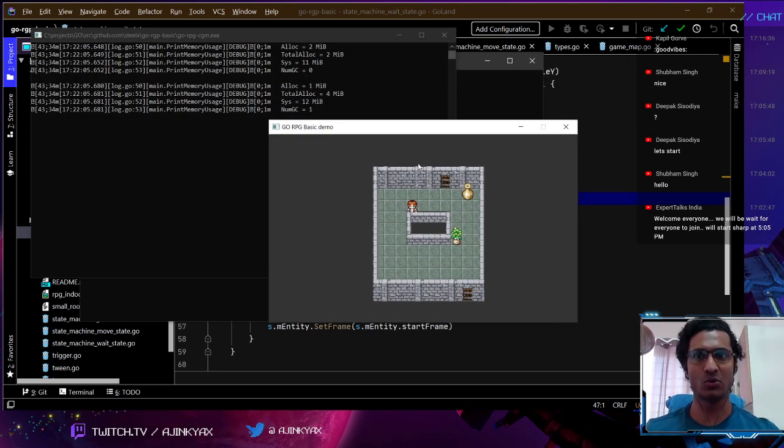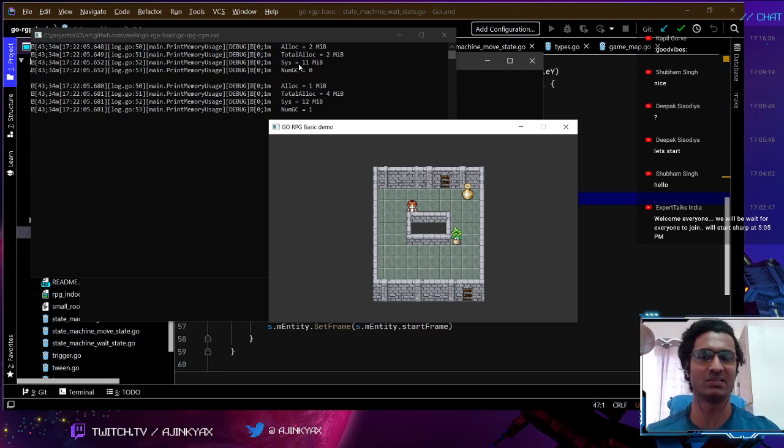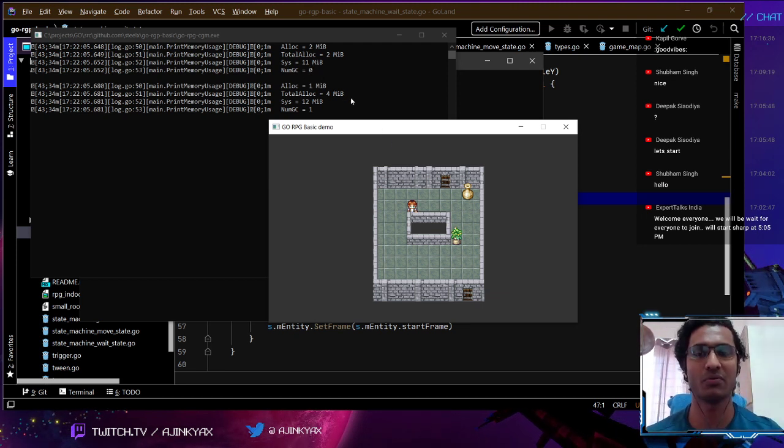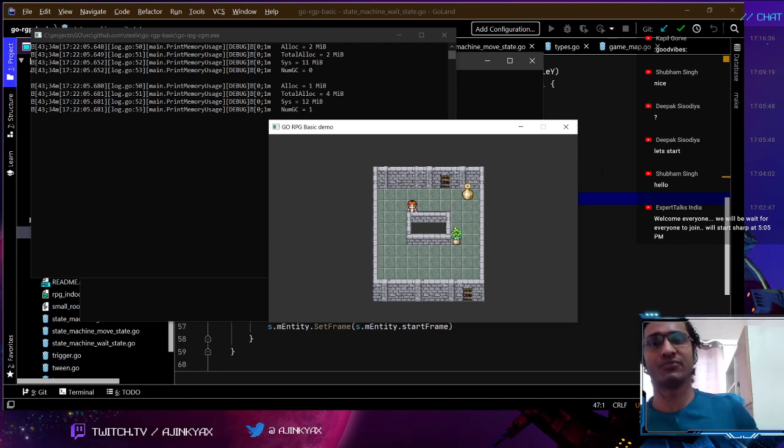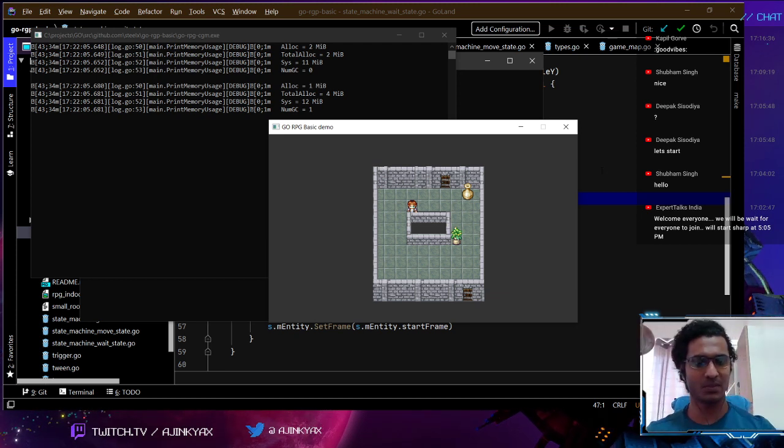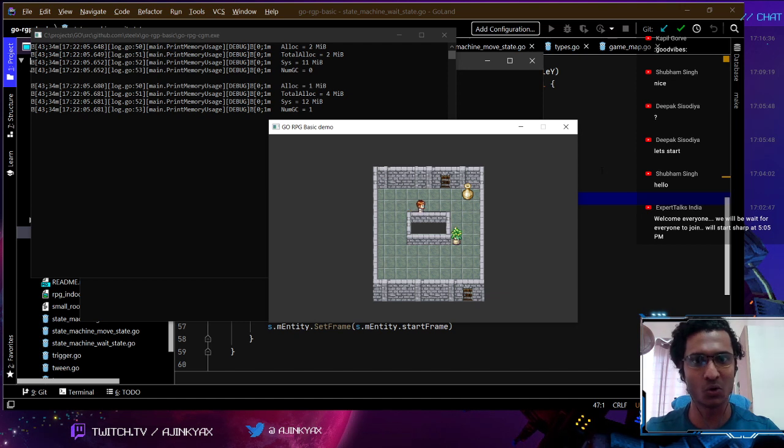So you can already see over here, I'm not using much of the resources. I'm just using 11 to 12 MB of my RAM. That's the beauty of Go. It uses very low memory. I could even optimize it further. Like I have done a very basic Go code. But as you can see, this is a very